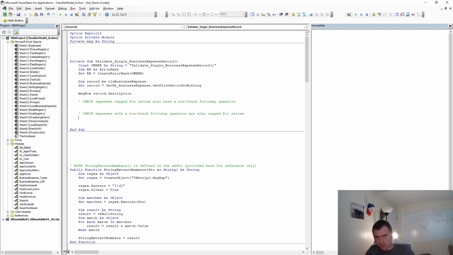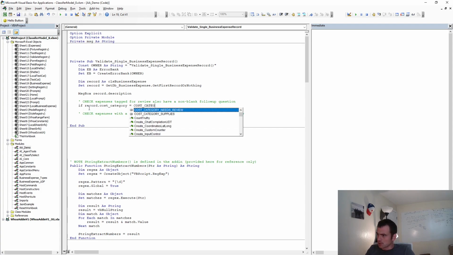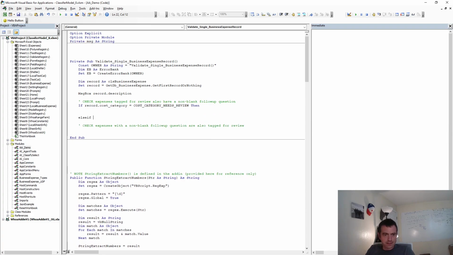These are business rules that we set up. If record.cost category equals cost category needs review, then, else if record.follow-up question is not equal to blank, then